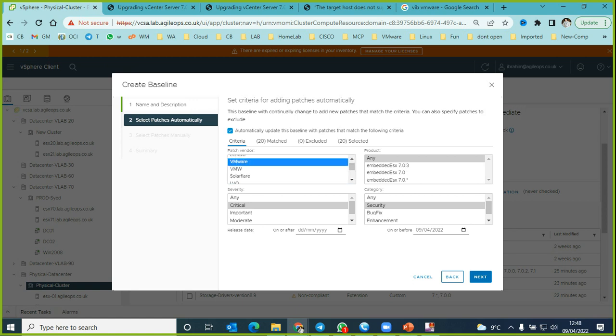Let's see here. देखो embedded करके बता रहा, but I think this should be it. Zero matches is saying critical. Next,